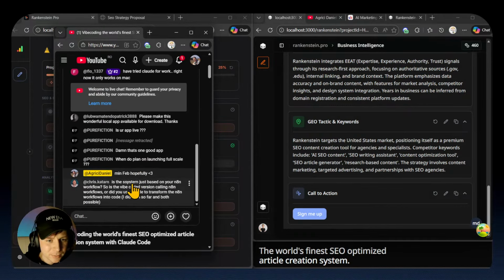So Chris asks, is the system just based on your n8n workflow? Is the vibe-coded version calling n8n workflows, or did you use Claude to transform the n8n workflows into code? I did both so far, and both are possible. Chris, yes, you are right. But the thing is here,